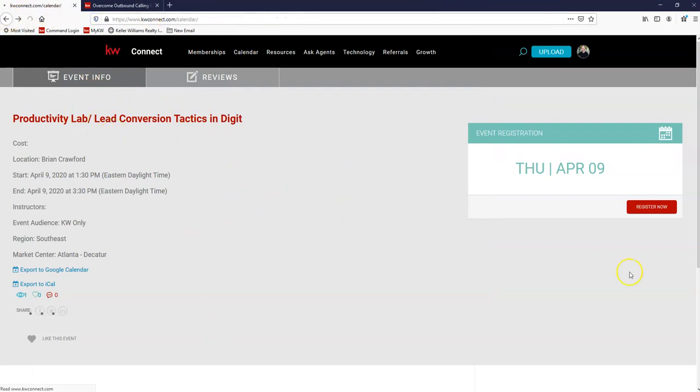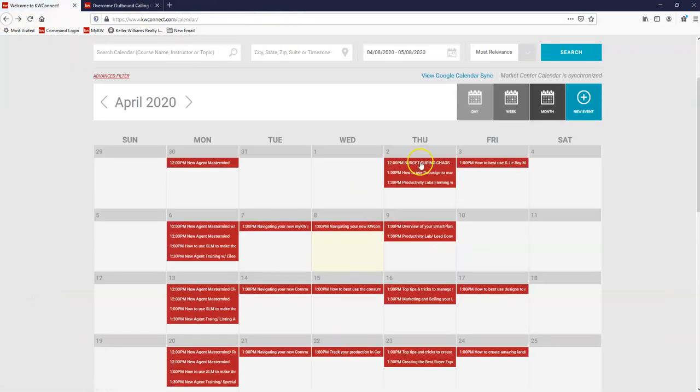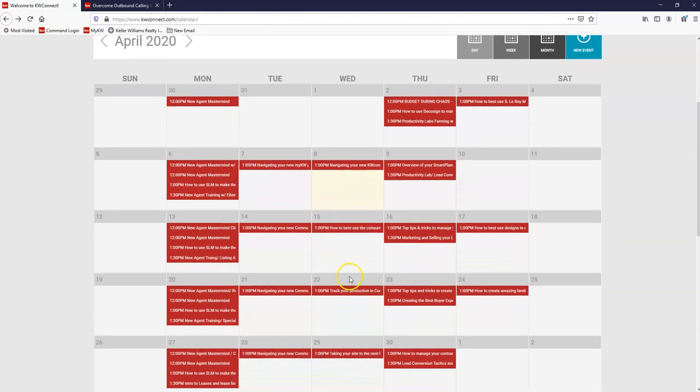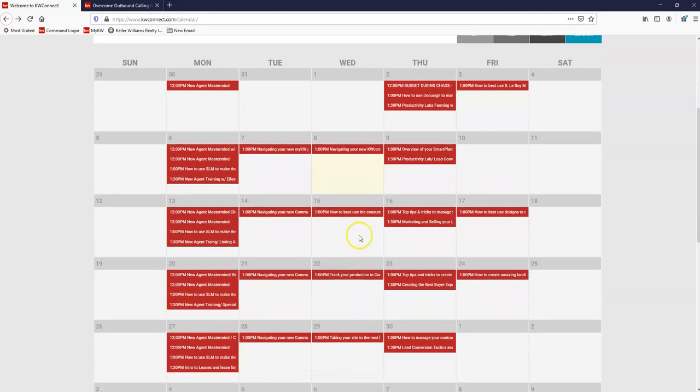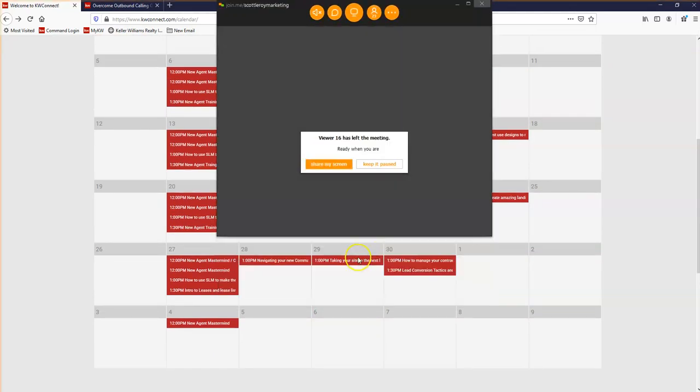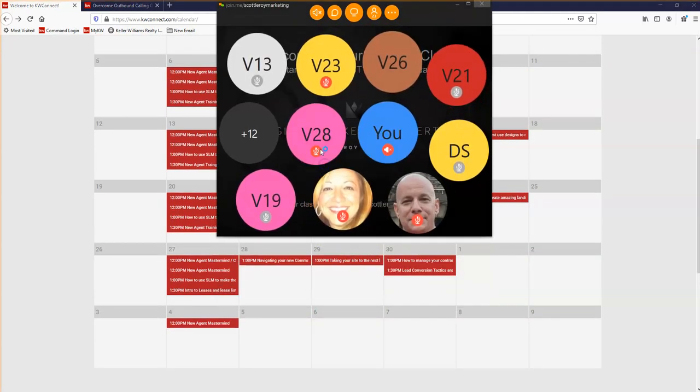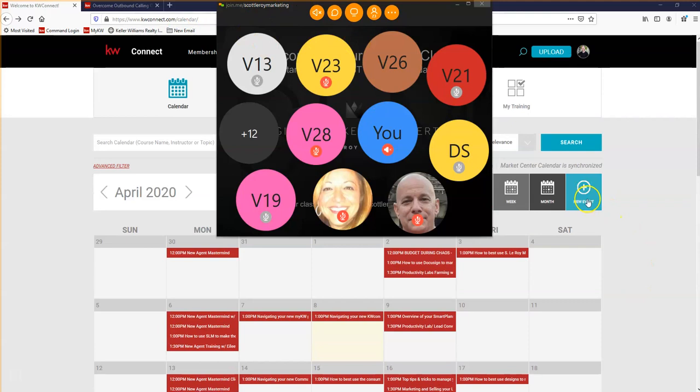So I'm just going to go back to the calendar. Some of you may actually have the SLM classes populating here. If your office physically adds them to their calendar, they will show here, but some offices do not. So again, I'll put that through the chat right when we're done here. Okay, so scrolling back up to the top,